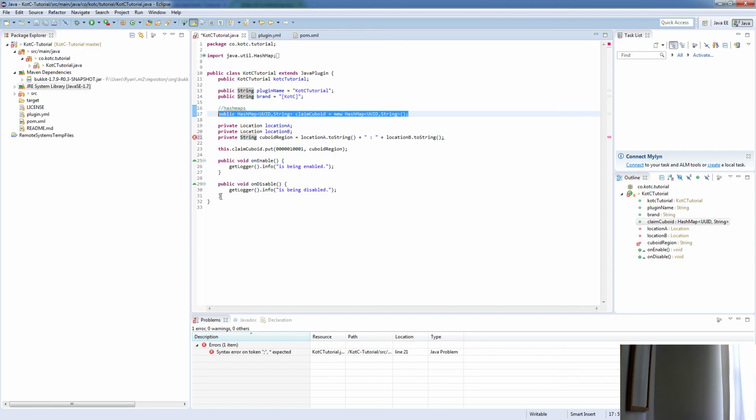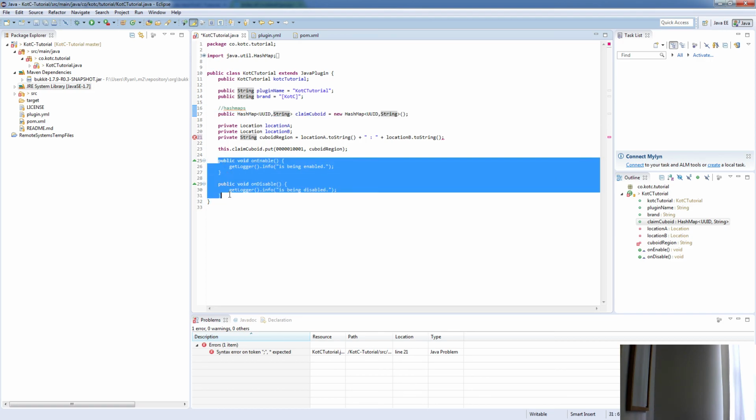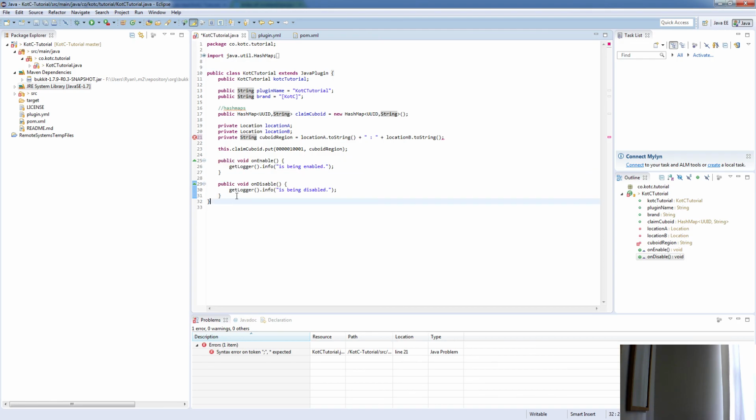And then the last thing that we've covered, there's actually two more things. Sorry, I forgot. One of the final things we covered is every single plugin needs to have an onEnable and an onDisable. We discussed how git logger, what about git logger? So git logger has several options, and we talked about how if you go in here